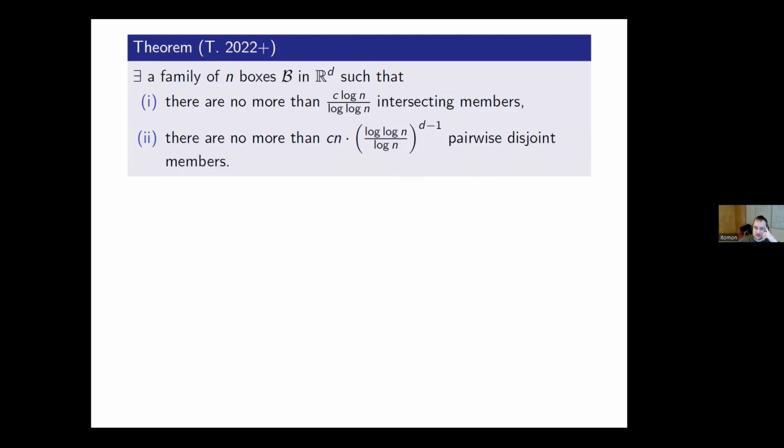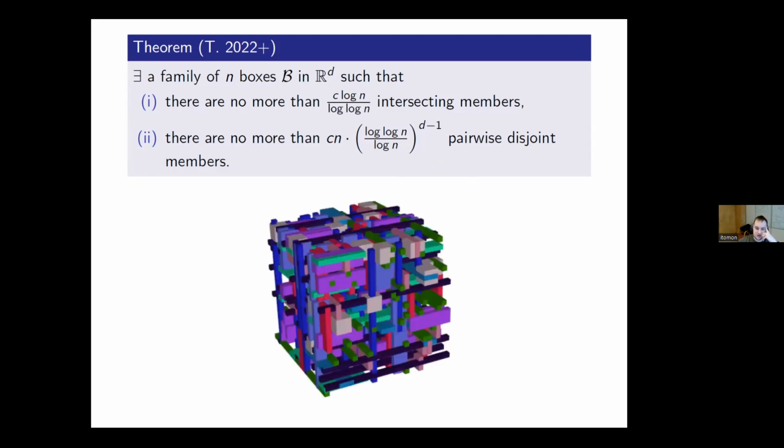And so how does this family look? Let me show you a picture in 3 dimensions. This is an instance of the construction. At first, if you look at it, there might not be much structure. It seems fairly random-like, and you're actually not far from the truth: this is inherently a random construction. But then the question is, what's the probability model from which you get this?